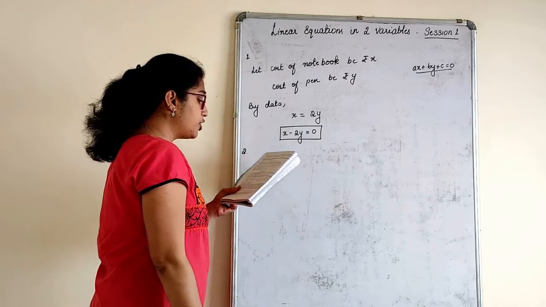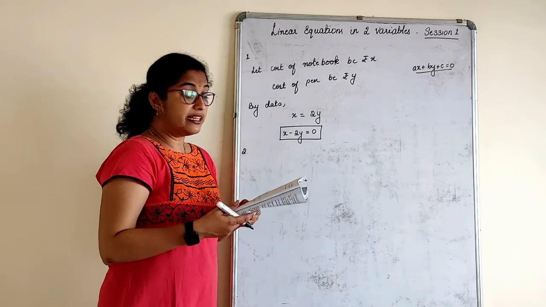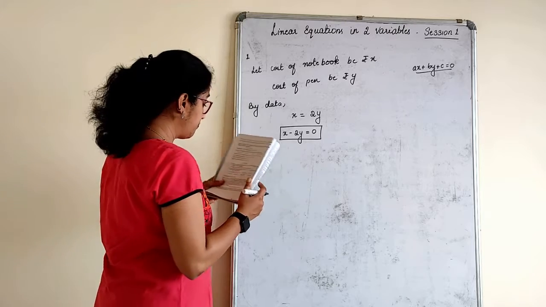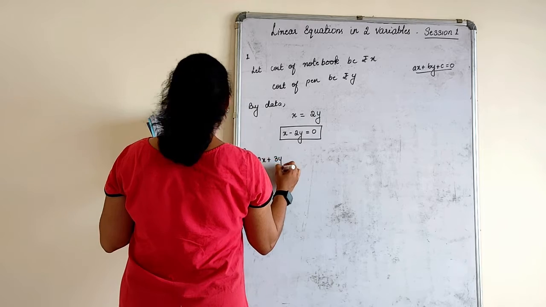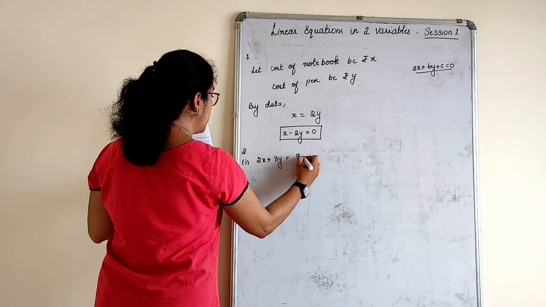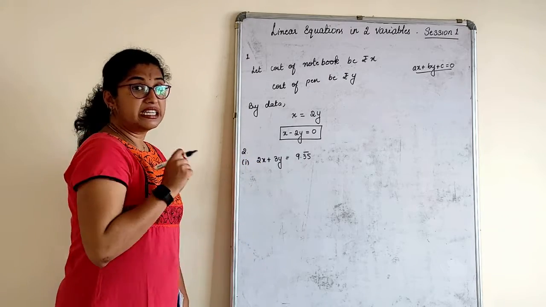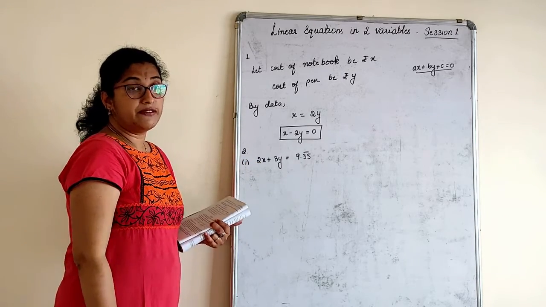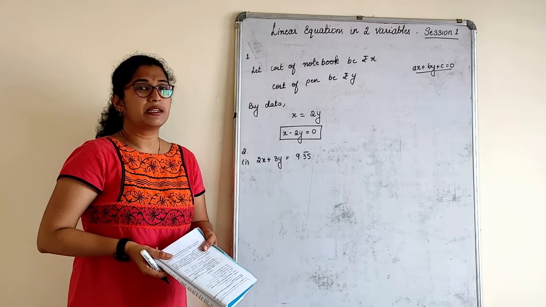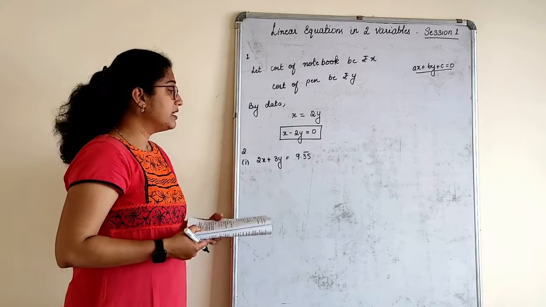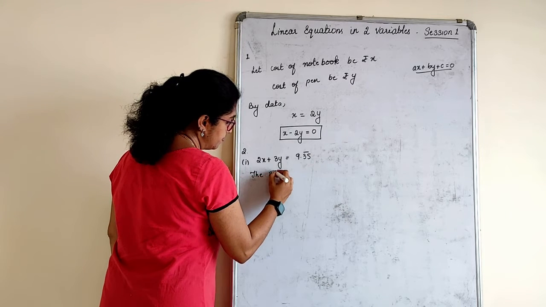Second one: express the following linear equation in the form of ax plus by plus c is equal to 0 and indicate the values of a, b, c in each case. First one, 2x plus 3y is equal to 9.35. Forget about what type of number it is. First of all, arrange it in the form of ax plus by plus c is equal to 0. Though it is a 1 mark question and sometimes you get this for MCQs, still one point you have to always add the standard form